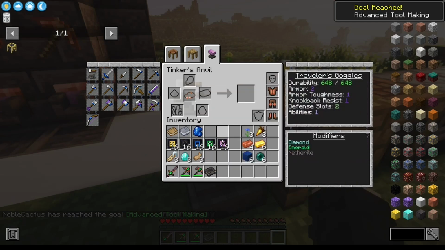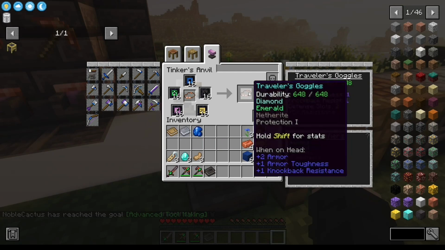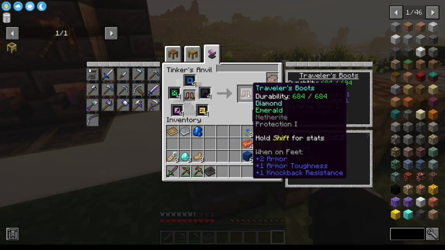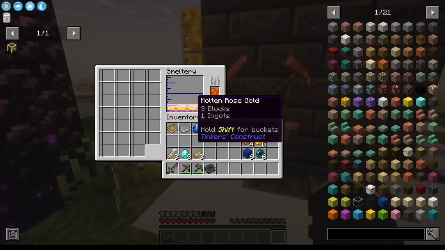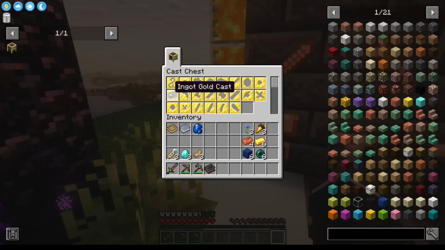So now what we can do is we can use that ability slot on here to add Protection 1, which is the highest level of protection you can get, but it adds 5% resistance as opposed to anything else, which is very, very good. So then we also have the rose gold, and the way to get ingots out of